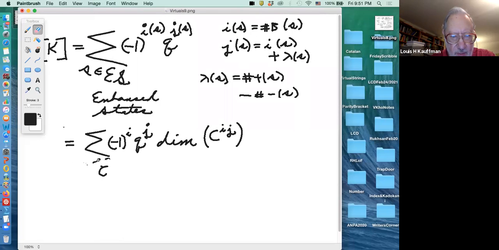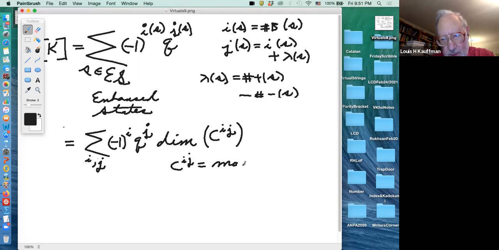I'm just going to sum over I and j. It's a combinatorial reformulation of the above sum. I'm going to sum over I and j, all possible I and j, but there'll only be finitely many, where Cij is equal to,